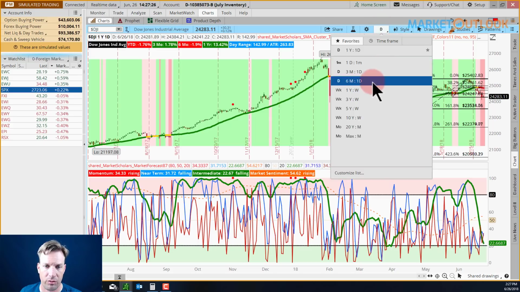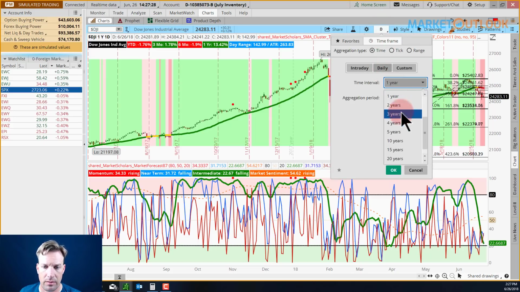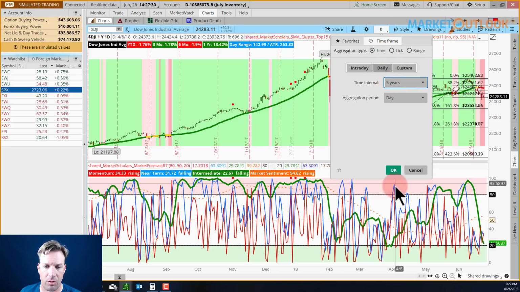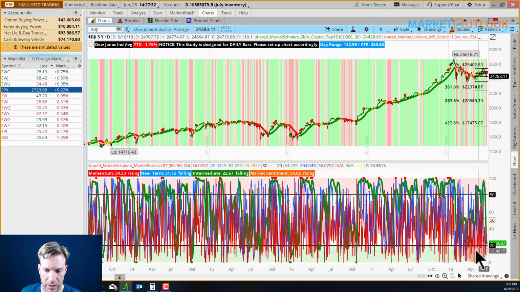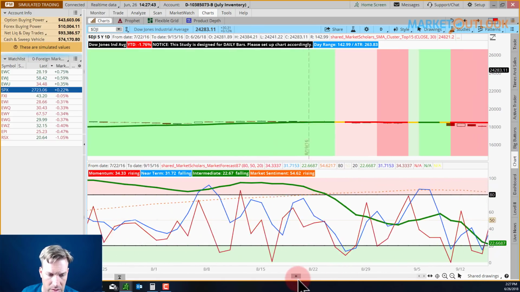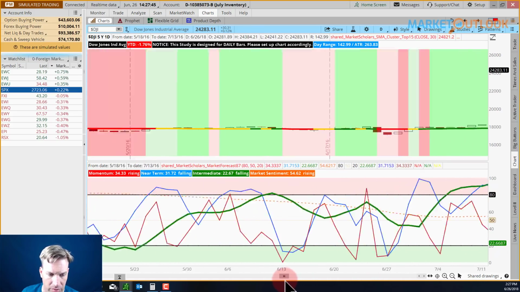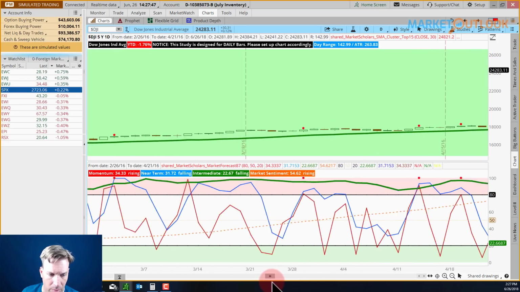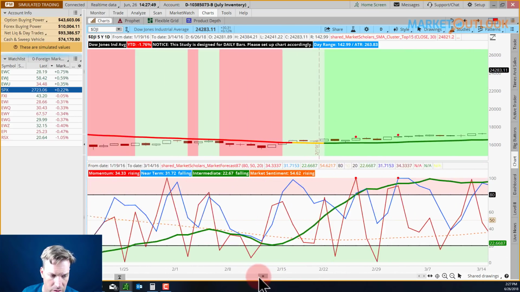If I were to go out a little bit further, we can see multiple instances here when the intermediate line, you see the green line, doesn't get below and stay below the 20 very often. You can see it gets down really quickly. If I zoom in, you can see how it dips down there and then comes right back up off of it. I'm just looking at these green lows as we pass by.